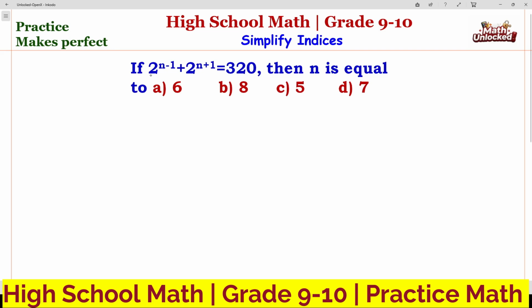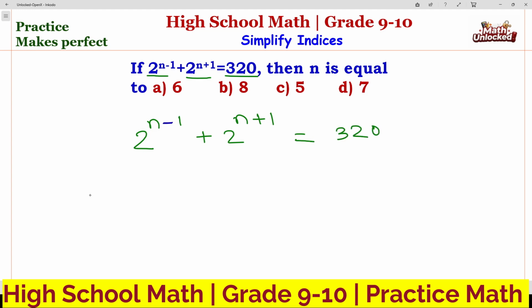If 2^(n-1) + 2^(n+1) = 320, then n is equal to, here are some options. We have to find the value of n. So first, here is 2^(n-1) + 2^(n+1), sorry, here is a minus 1, right? We have to be careful about this one, and then equals to